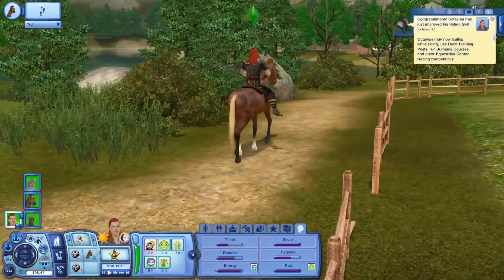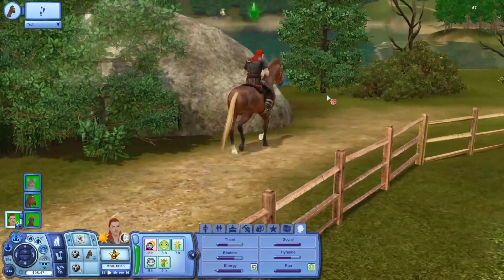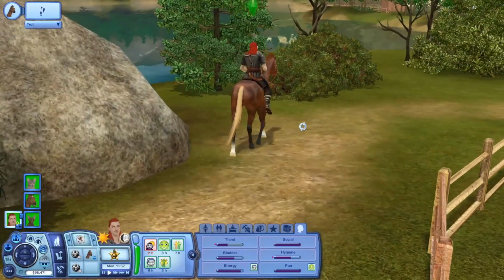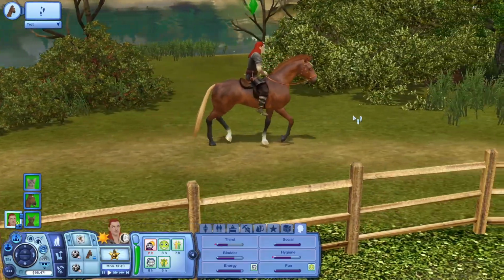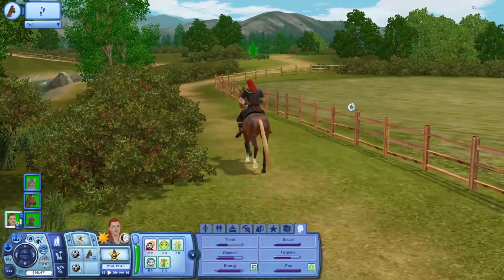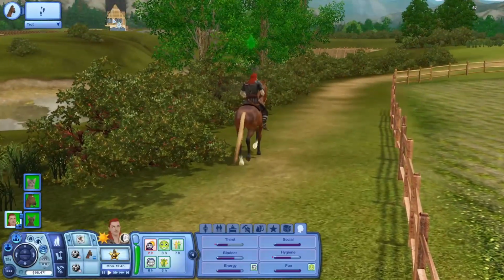Octavian just reached level 2 with riding, which is probably just in time because I'm trying to get him to go as fast as he can. He's got about 2 hours before he burns in the sun. He had to leave at this time though because of his work. And they're trying to make their way actually to the chapel that we'll check out later